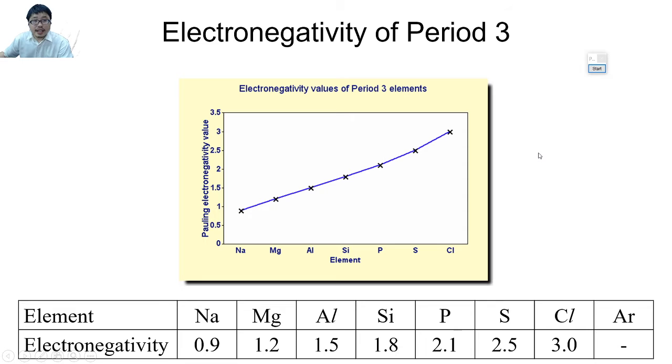Now, if we look at this, we realize that the electronegativity of period 3 increases across the period. Okay. Now, why is that the case? Before we go on, what is electronegativity? Electronegativity